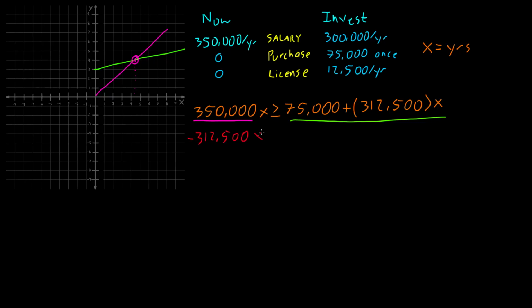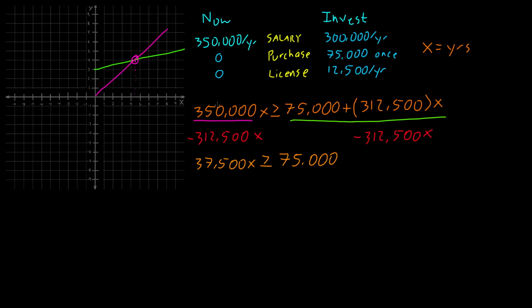312,500 x. We're going to subtract this away from both sides, and that's going to cancel this out. So now we're going to have 37,500 x. At what point is that greater than or equal to 75,000? Right, because really the only difference between these two, as far as yearly,